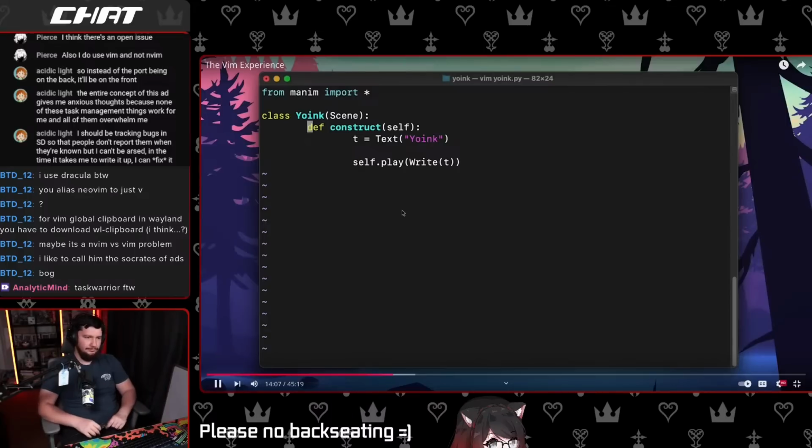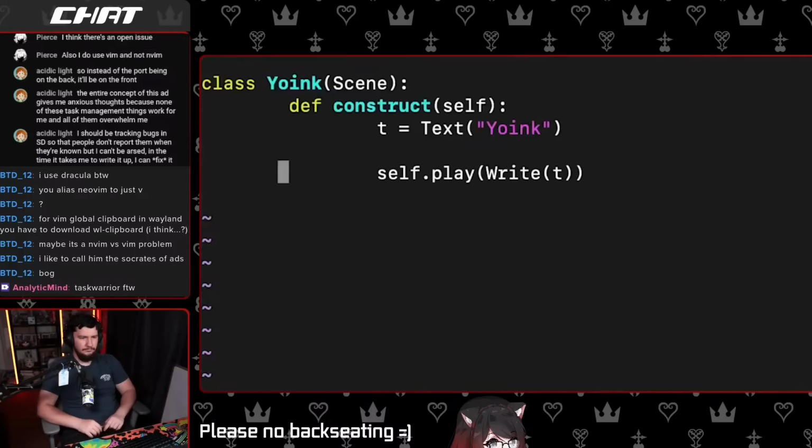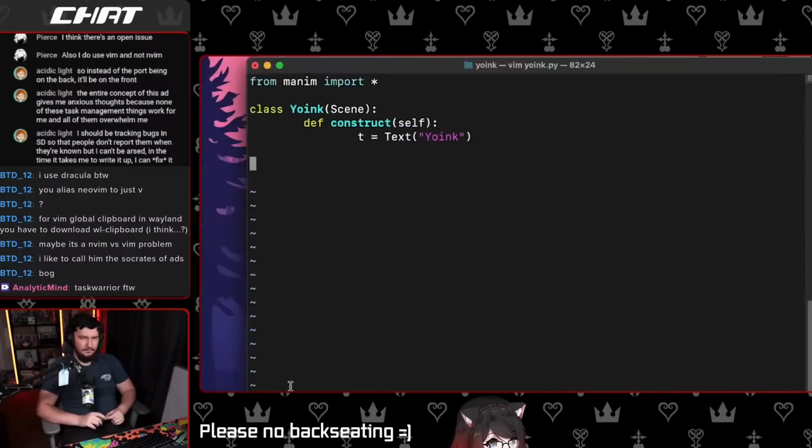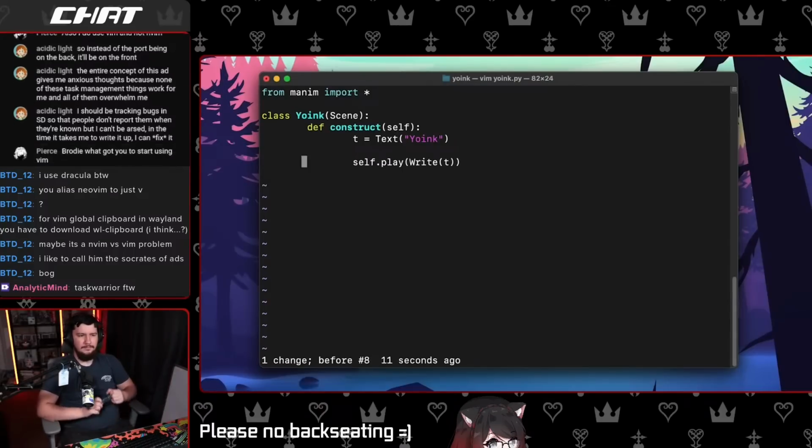The first one I found out is when you're in the normal mode, the one that doesn't let you type. Instead of pressing A for the insert mode and then navigating to the end of the line, you can make it do that immediately with Shift A. And now I'm at the end of the line. Now, if I want to delete this entire line, I can press Shift S and it deletes it and puts me in insert mode so that I can start typing something here. Now, I want to undo, so I escape and press U on my keyboard.